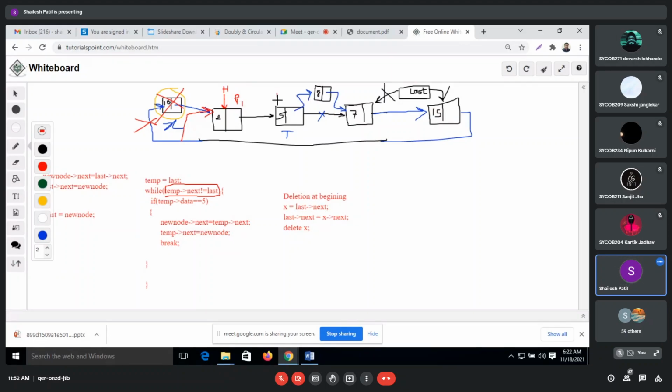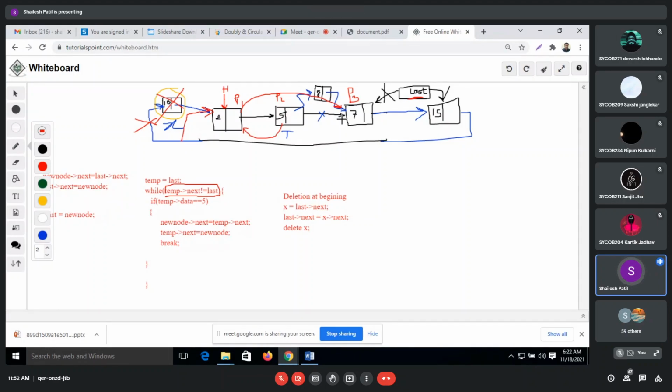This is my P1, this is my P2, and this is my P3. So these three pointers we have to make, and we have to make P2 next equal to P1, and P1 next equal to P3. We follow this till we reach the last node. Getting it? So the same P1, P2, P3 concept which we did in the singly linked list, we have to work on in this particular concept.